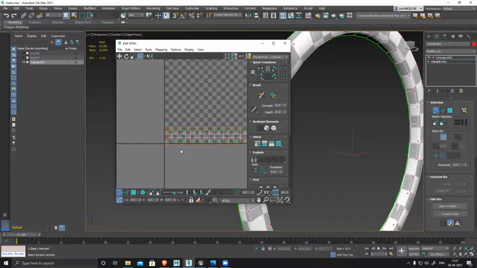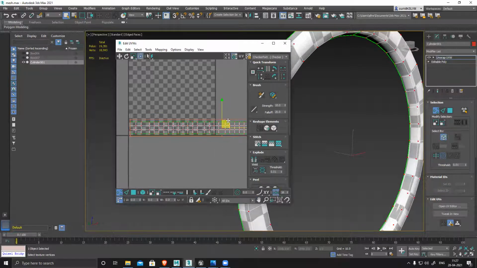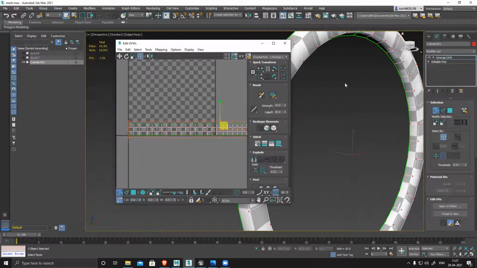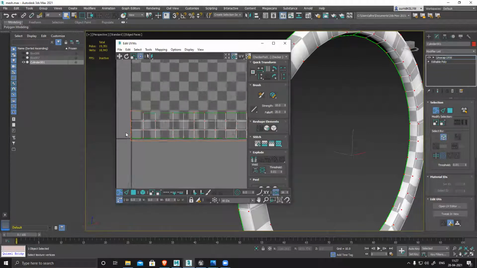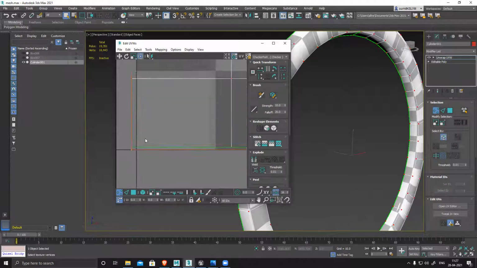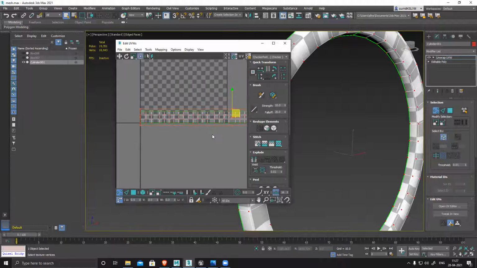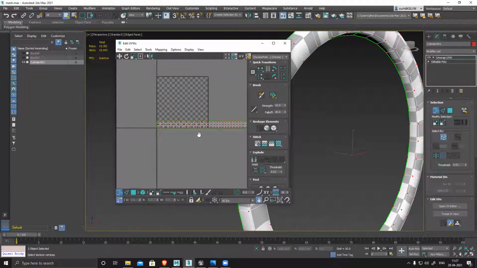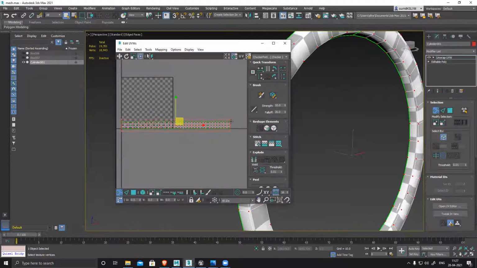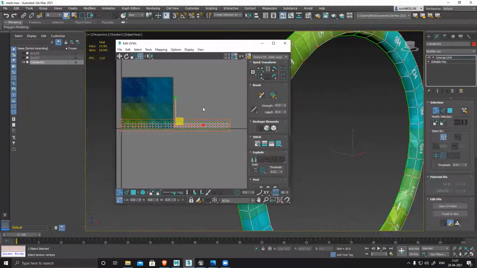And then bring this thing here, corner, and just place it. And the only thing I have to keep in mind is where is my UV checker? This thing.